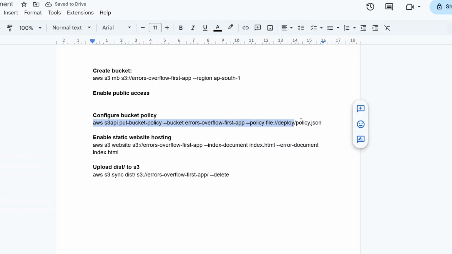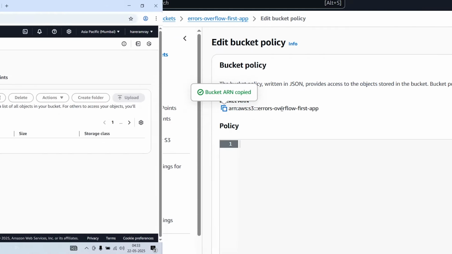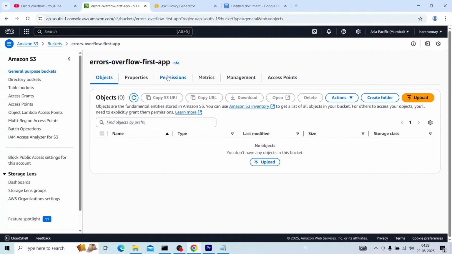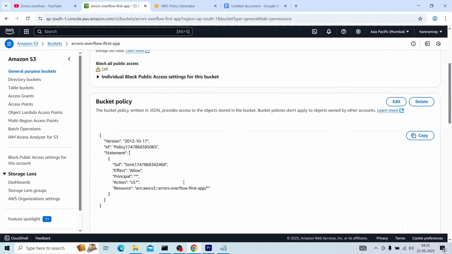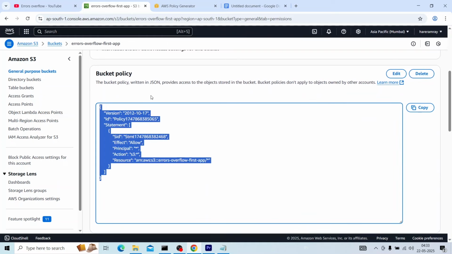We'll copy this and paste it here. After we will go ahead inside permissions. We have the bucket policy added.